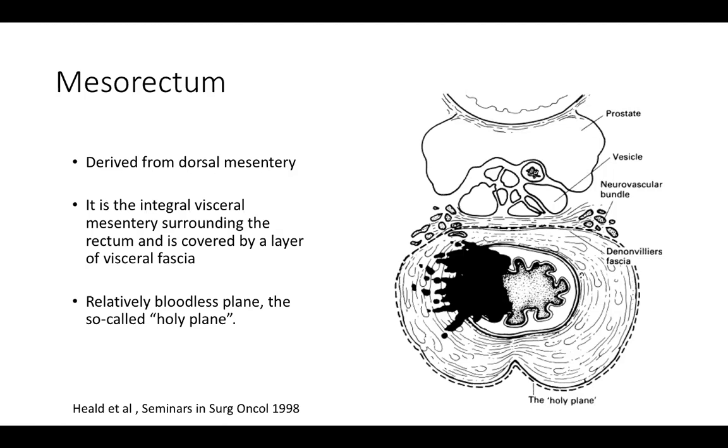It forms the visceral mesentery of the rectum, and between the rectum and the mesenteric part, there is a lot of fat deposition, and it is surrounded by a visceral fascia of the rectum, which is called the mesorectal fascia. Beyond that would be a parietal fascia, which will be lining the pelvic cavity. Between these two fascia would be a pretty bloodless or avascular plane, which forms the so-called holy plane, which the surgeons want to reach and do all the surgery between those planes. So that is why understanding the mesorectal fascia is important.